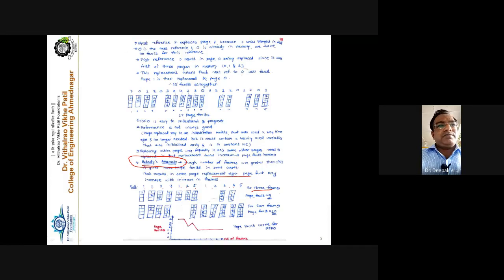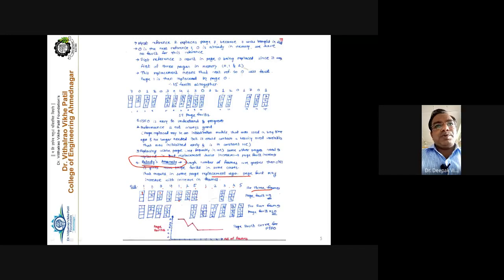1 is placed inside the memory. Second page fault occurs. 2 is placed inside the memory. Third page fault occurs. 3 is placed inside the memory. For 4, page number 1 is to be replaced. So 4, 2, 3. For 1, the 2 is replaced here. So 4, 1, 3. This is the next page fault. And for 2, the 3 is replaced because 3 is the oldest one among 4, 1, and 3. So 4, 1, and 2. And for 5, page number 4 is replaced, and it becomes 5, 1, 2. This is the current structure. So these are the page faults.